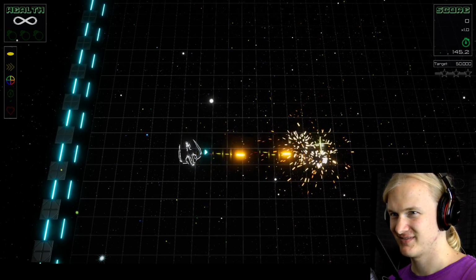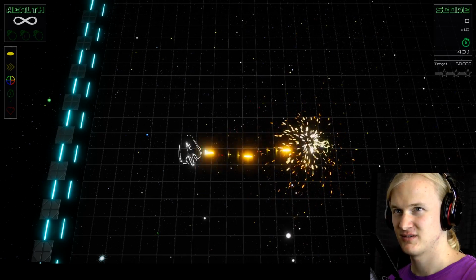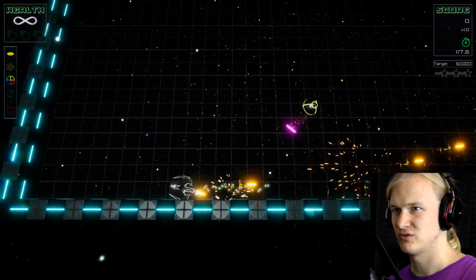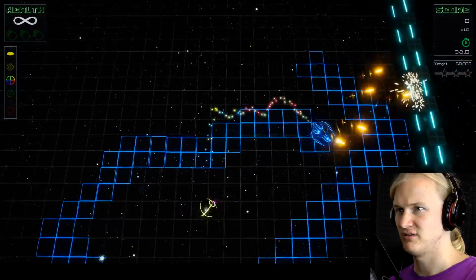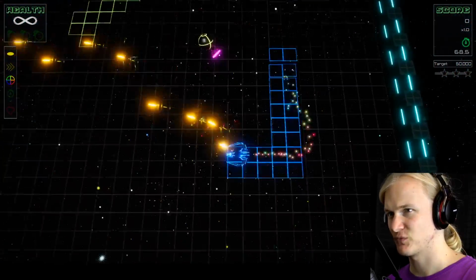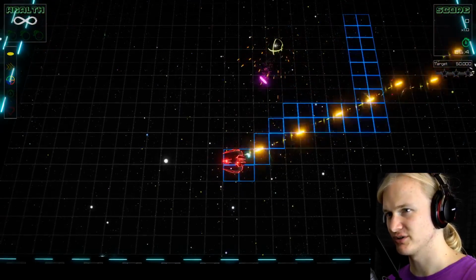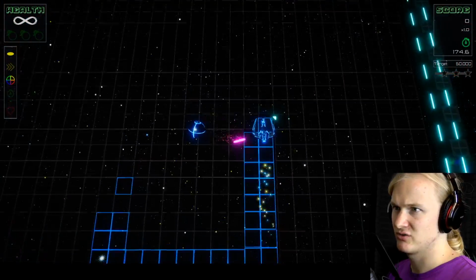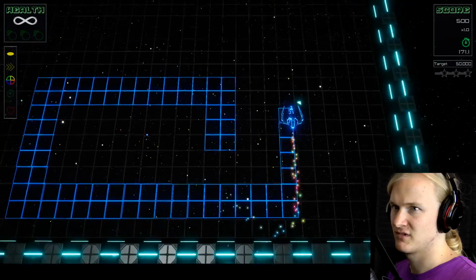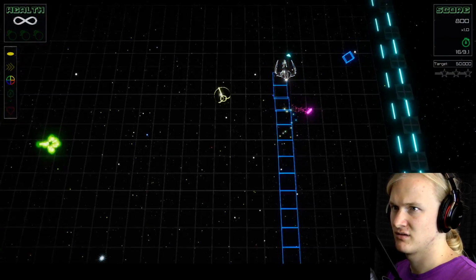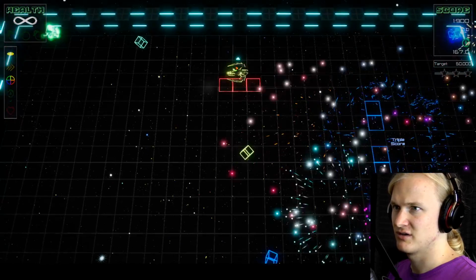Stalemate. What do you want me to do? This is interesting. I can color the level, which seems like an interesting mechanic. It would be very interesting if changing my color would also change my weapon. Maybe I need to become blue. Okay, now I need to become yellow.